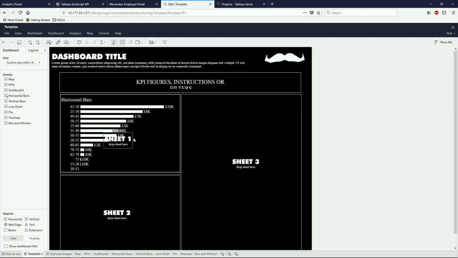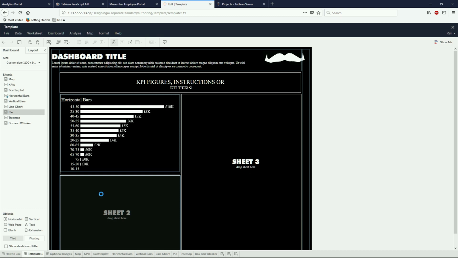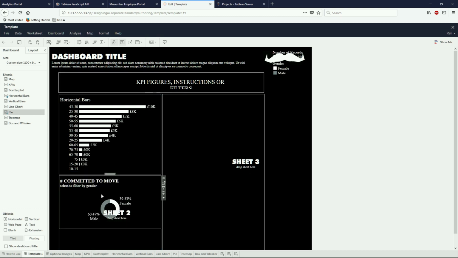So I can drag in a bar chart, I can remove that text placeholder, and maybe add a pie chart as well. And then as soon as they're done with that, they could hit Save As to save this as a new report on the dashboard. I wouldn't recommend giving save capability to those users because then they could overwrite your template.